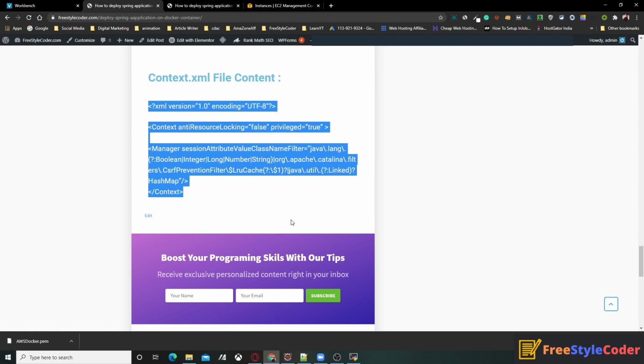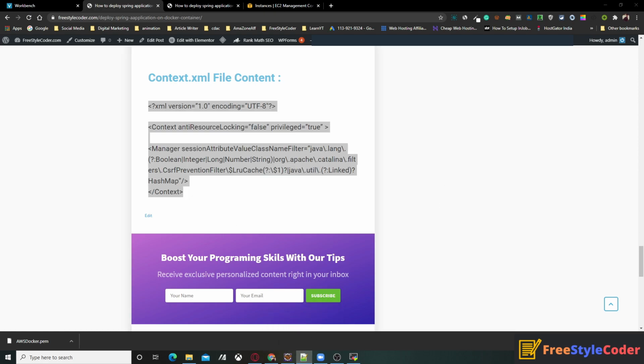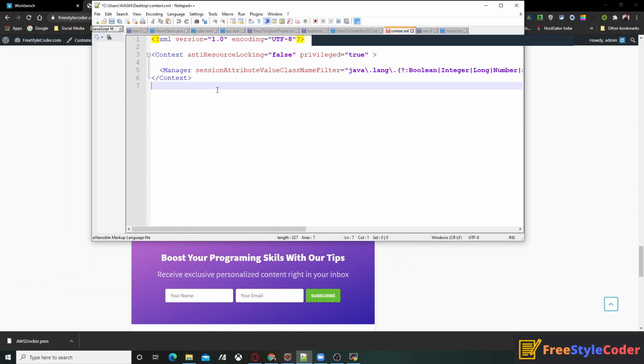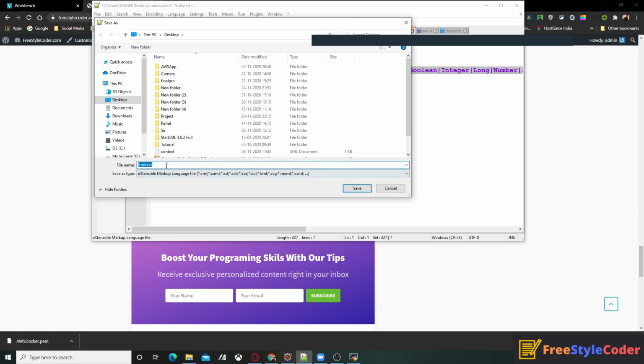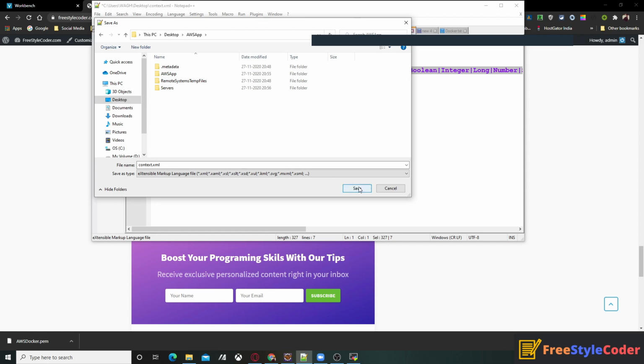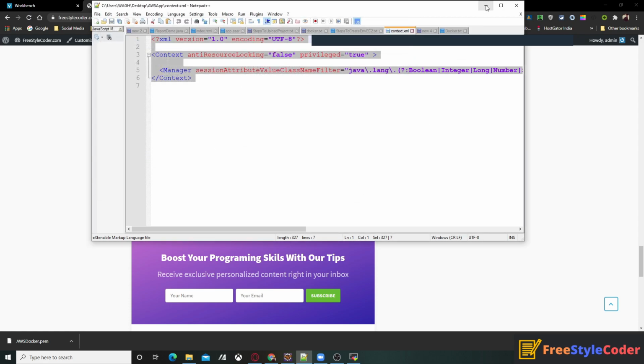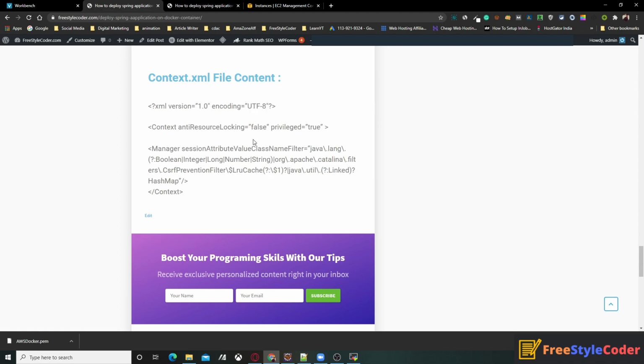Copy this content, open your notepad, and paste it over here. Save this file with the name context.xml, and I am going to save it inside the AWS app folder. So save it. Okay, after that,